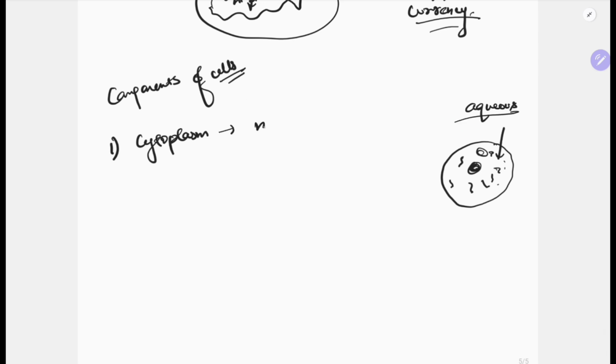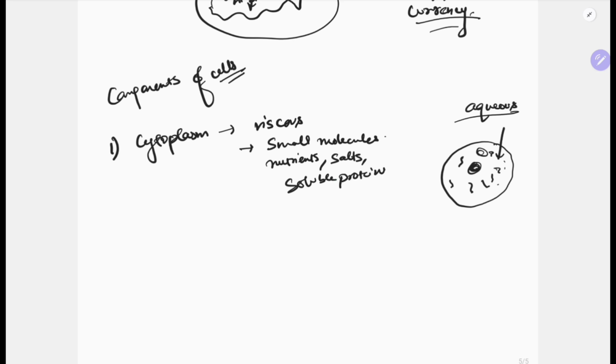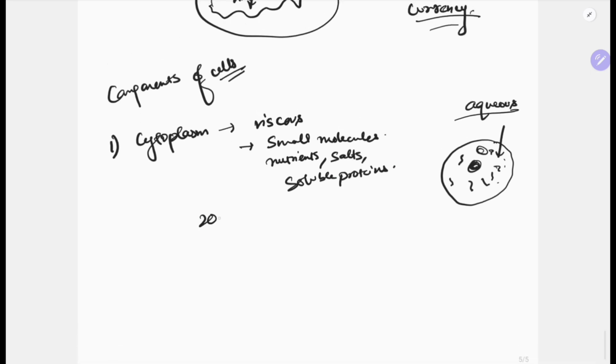Okay, so it is viscous in nature. It contains small molecules such as nutrients, salts, soluble protein, etc. 20 to 30% of this cytosol is basically made up of protein. So if a question is asked during your MCQ, you can always say that. So it is basically very highly concentrated,